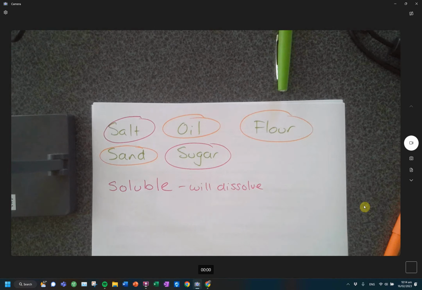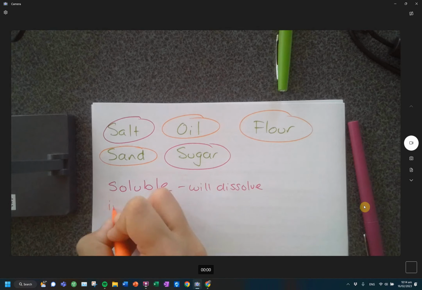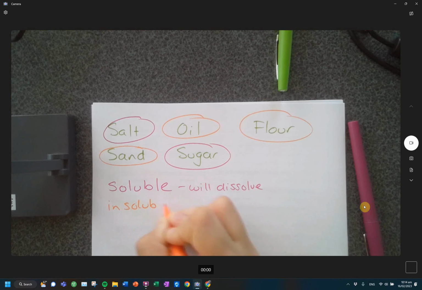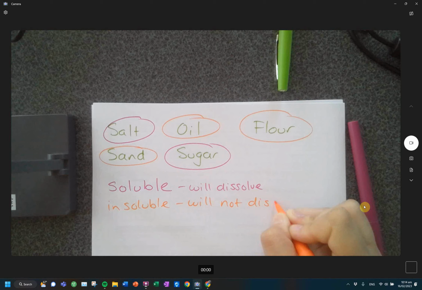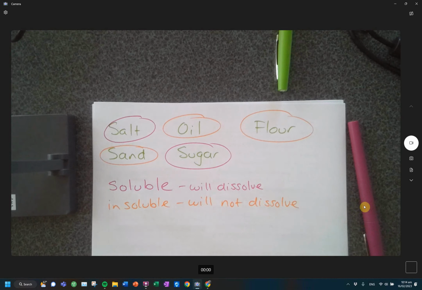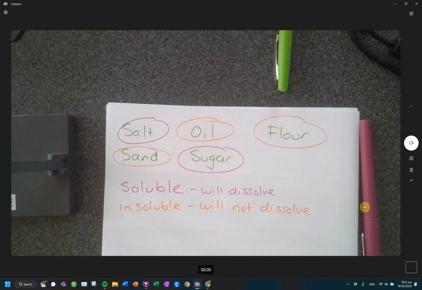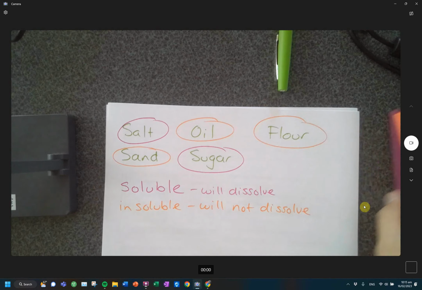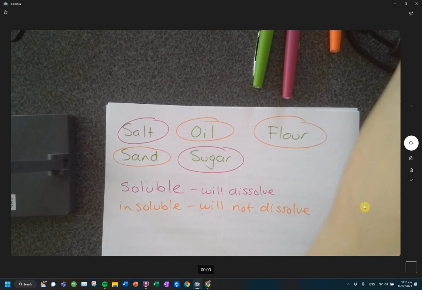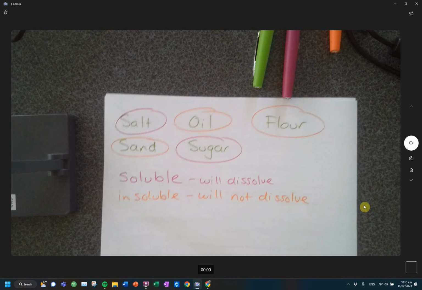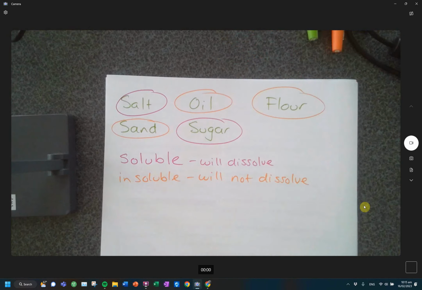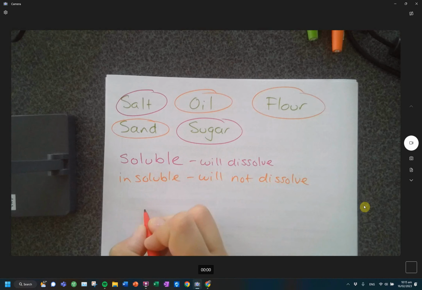So what's the other word? Starts with an I. Insoluble. Will not dissolve. Do you guys feel like that was really silly? No, you didn't. All right. I need to give you guys some more words tied to that. And I heard you guys saying them as we were trying to go through these words and taking a really good guess with them. So just to kind of recall, when we're talking about mixing, we have often a solid